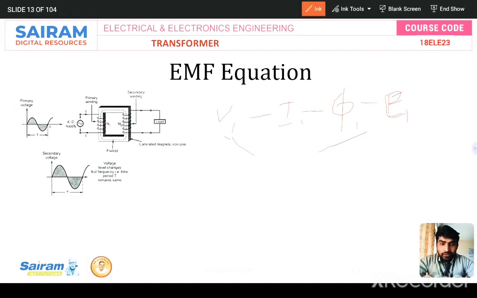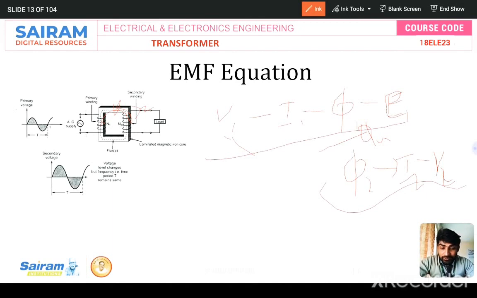So here phi 1 will be there, and the secondary winding is placed near the primary winding. Due to this phi 1, there is a flux phi 2 on the secondary side. Here there is a mutual flux linkage from primary to secondary, phi m, the mutual flux, and phi 2. Due to phi 2, I2 will flow through this conductor. Due to I2, V2 will develop, that is the induced voltage. See here, V1 will start here and due to mutual flux linkage, V2 will be induced. That is the logic, okay? You can explain it like this.